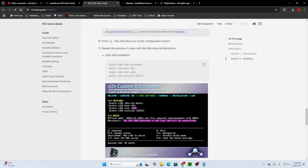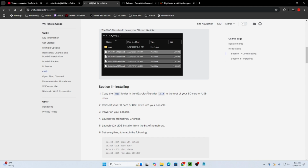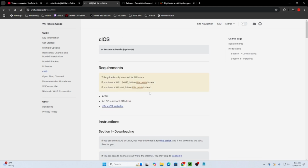It does have that issue I was talking about every now and then where it won't read the SD card, but I've found a way around it that works for some reason, and I am not smart enough to tell you why that works, but it does. And yeah, other than that, I think that's it. Oh, I do have a